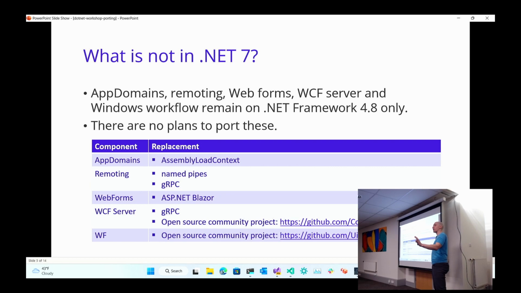This is when it starts to get challenging. What's not in .NET 7? And the people that are probably in this room are like, I use this thing and I use this thing. Web Forms and WCF Server, right? Because at one particular point in time, Microsoft said, there is no better way to build applications than Web Forms, because it's just like WinForms but for web apps. WCF Server is amazing because look at all these different ways that you can build contracts to have web communication between different services. And then years later, they're like, oh, those things actually aren't that great. You should use these ones instead.